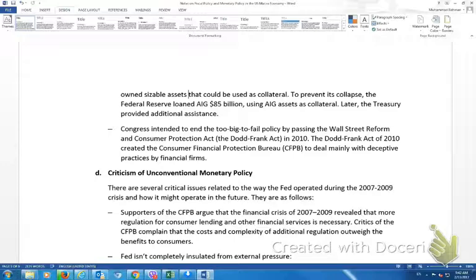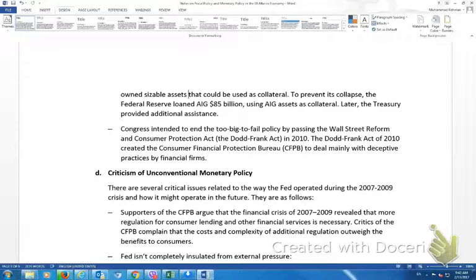So the government argued that part of the problem of the financial crisis was that financial institutions were exploiting general consumers, by keeping them in the dark, by selling them basically toxic assets, and that was the main source of the financial collapse. They also argued that part of the activities of the Wall Street companies and financial institutions were very much